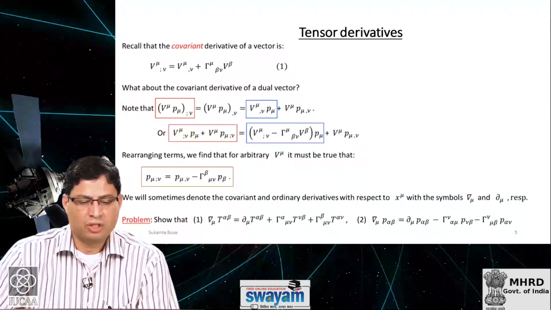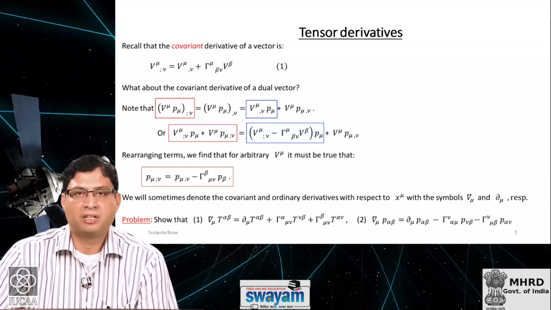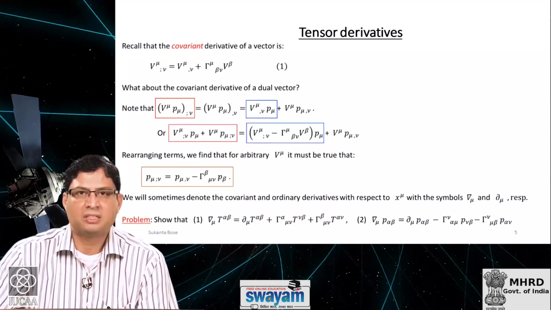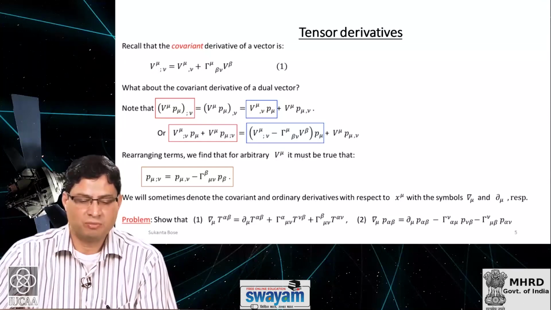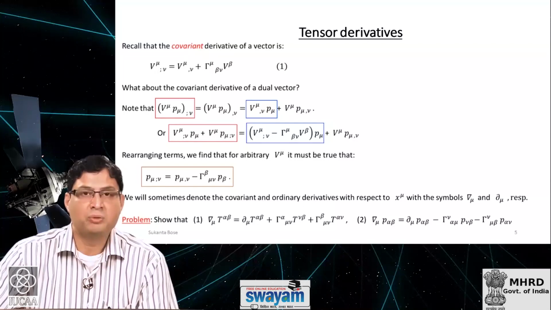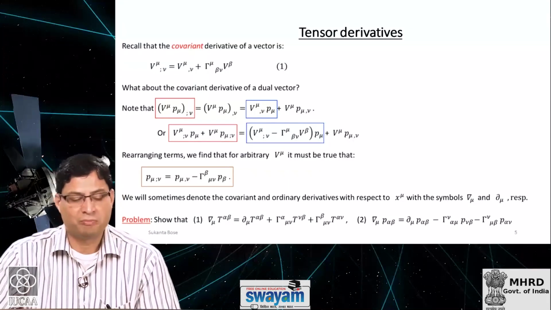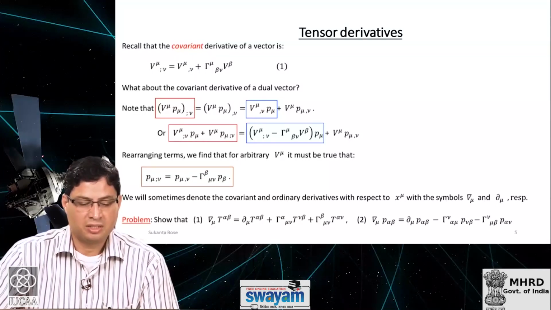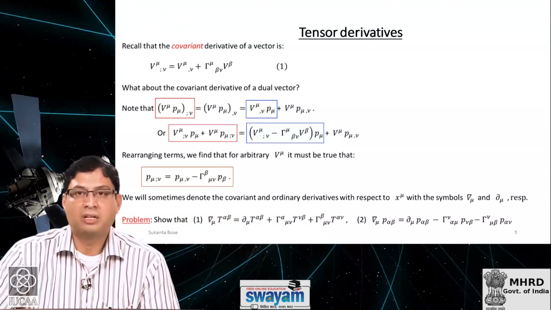So therefore, you can have an expression on the right hand side that is linear in the vector components v mu's. Okay, all you have to do is just a couple of index swapping. So you change this contracted mu index to something different, for example beta, and you replace this contracted beta index in both places with mu. When you do that, you will get the covariant derivative of p mu with respect to x nu is just the ordinary derivative p mu comma nu,